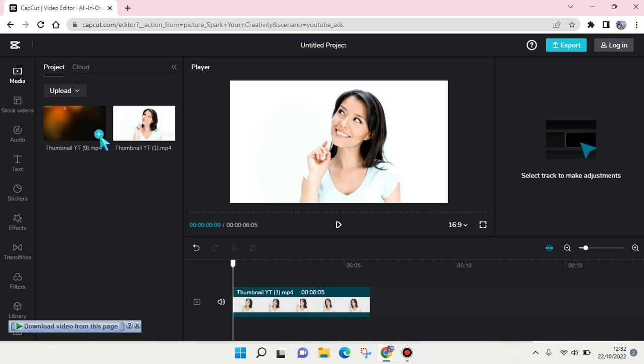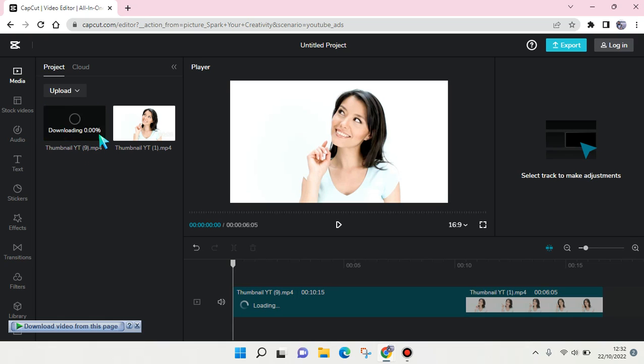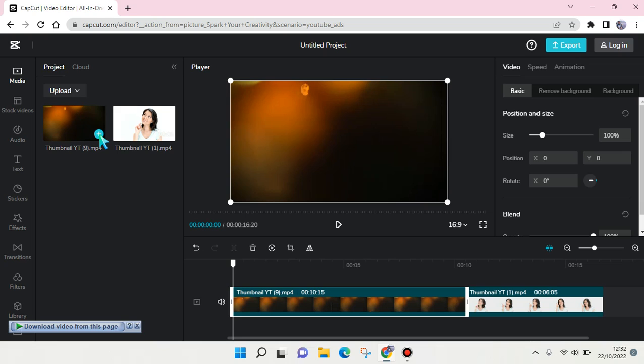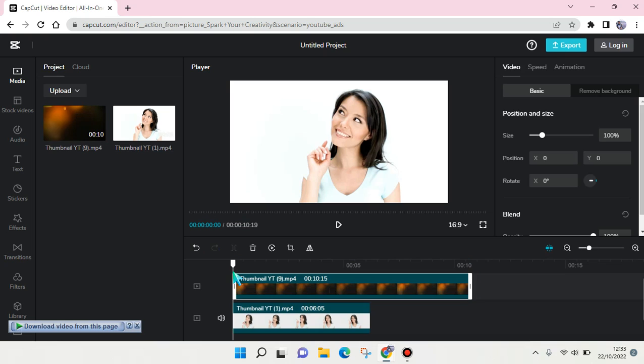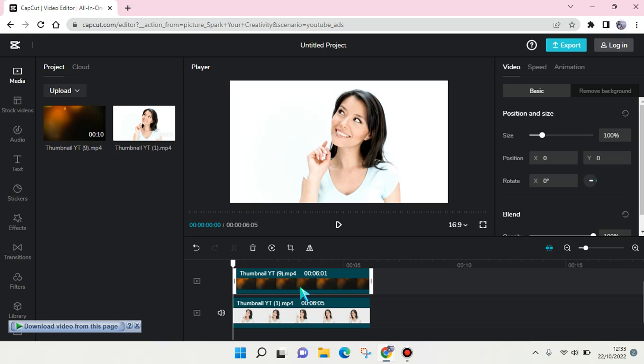You can just drag or click on the plus icon like this, but if you click on the plus icon, it will be placed in as the main video. So if you want to, you can just drag it like this at the top of the main video, and I'm going to adjust it like this, and you can just click on the overlay and then go to blend,